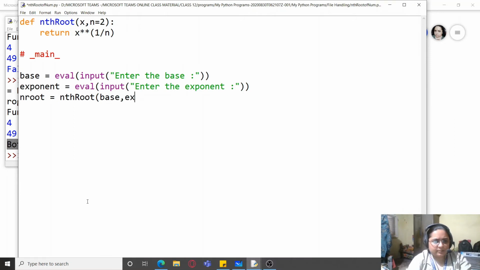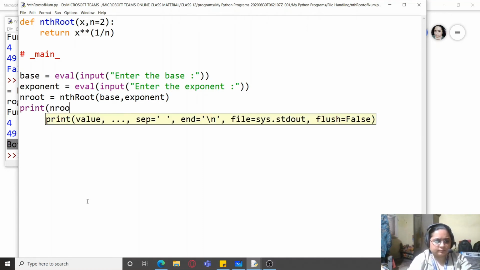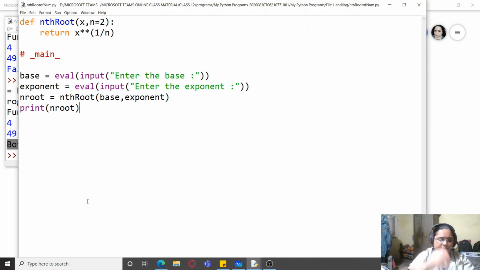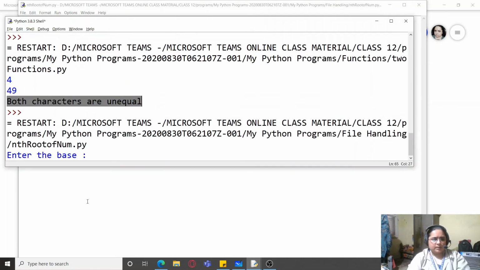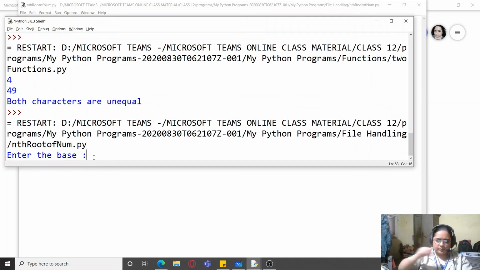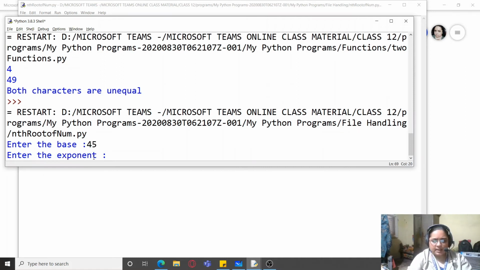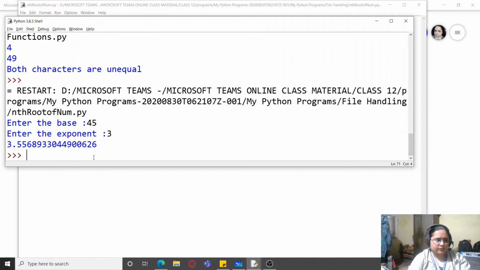So we pass both of them, and we print the value. So enter the base. Suppose I enter the base as 45 and I enter the exponent as 3. So this is the answer which I am getting.